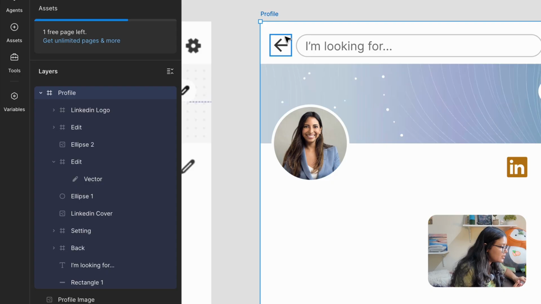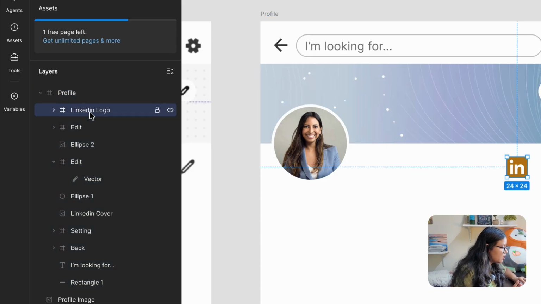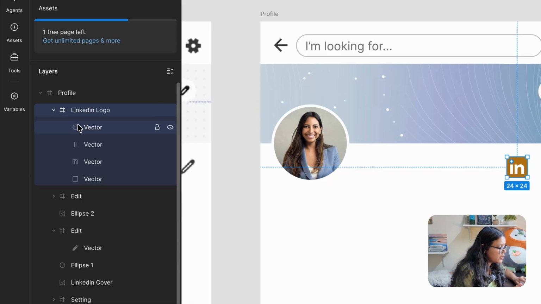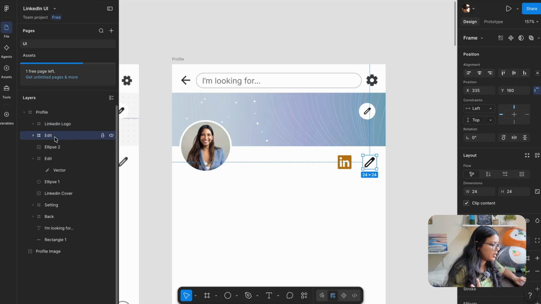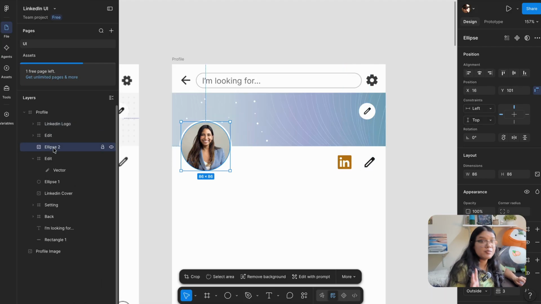And then there is another element, which is the image, which sits parallel to this profile का page. Okay? What else are we seeing? Then we have, let's take a look at all the elements. We have this LinkedIn का logo, okay, which is put inside. So it's made using different vectors or whatever. So this is one. We have the edit icon, okay. Then we have this ellipse because it was image.